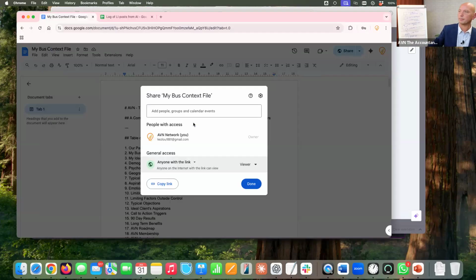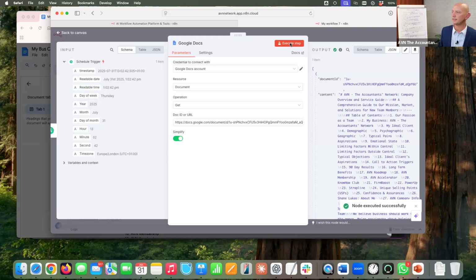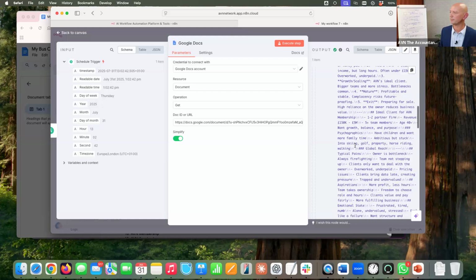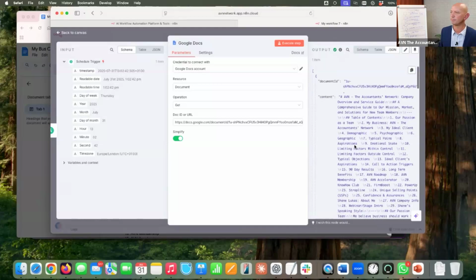Well, if I flick back to my Chrome, I can just click the whole link. I could, if I wanted to, just grab this document ID, which is all of that stuff there. But it's easier just to grab the link it's given me. Copy link. And then if I go back and drop that in here. Now, if I execute this, we can test that that works. And we can see, yes, the content is everything that was in that document. All right. It's got all of that ready to pass on. Brilliant.